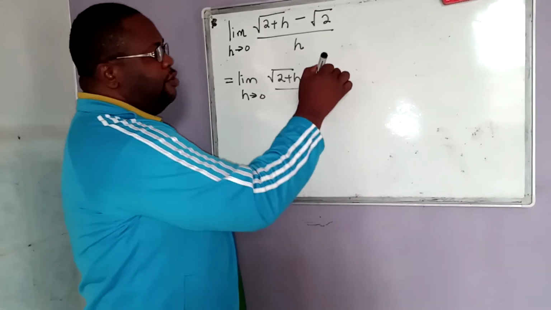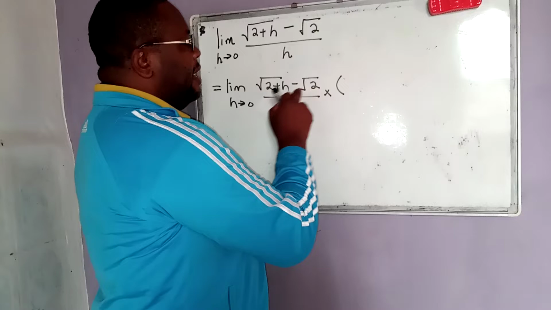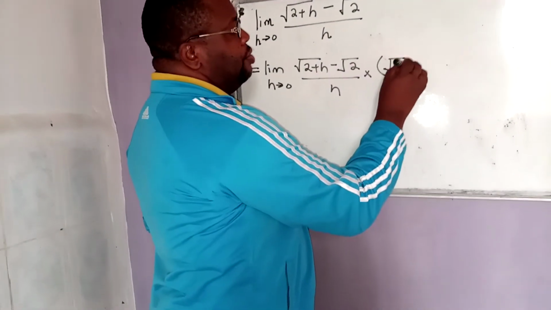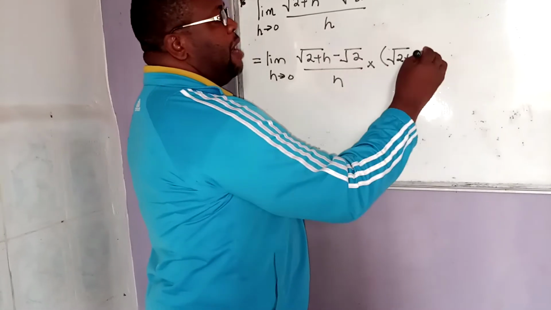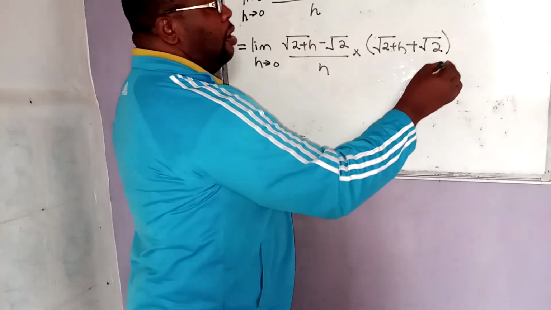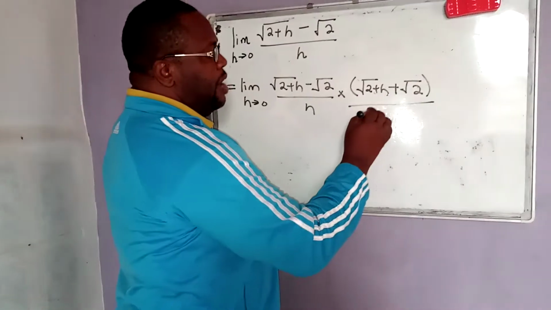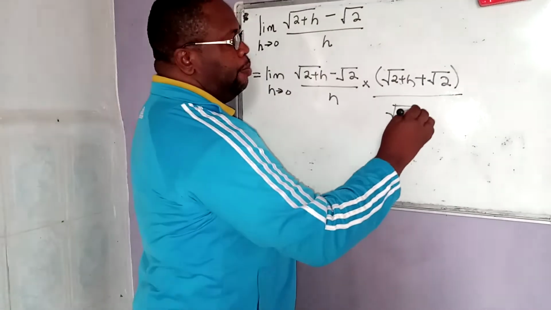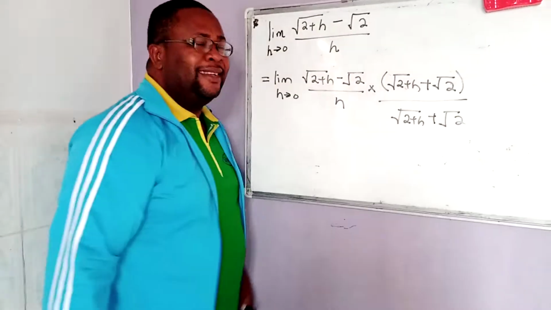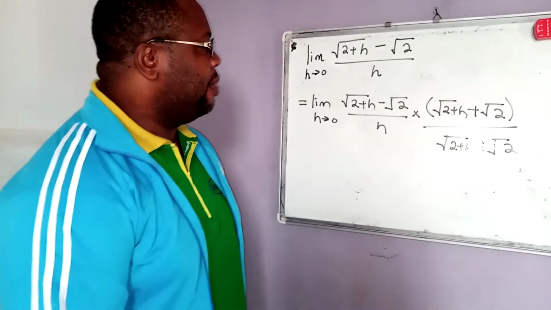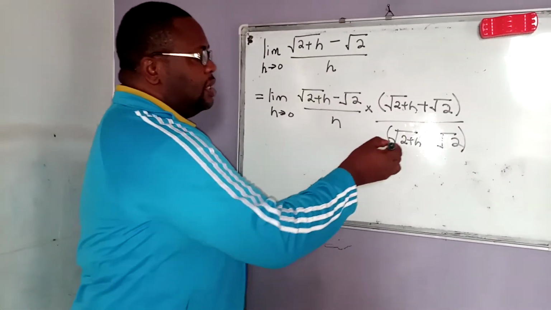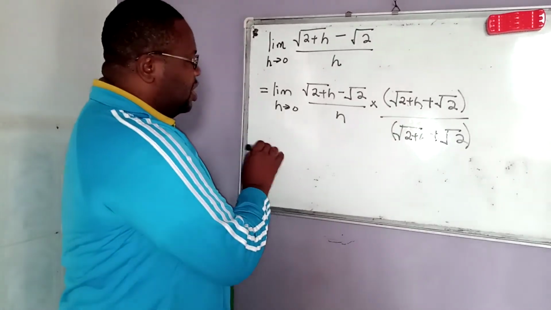We multiply numerator and denominator by the conjugate, which simply becomes square root of 2 plus h, now instead of minus, plus square root of 2, divided by square root of 2 plus h plus the square root of 2. That's the sort of thing we were supposed to do. Beautiful. All this should have been in a bracket. Good, and this now becomes equal to